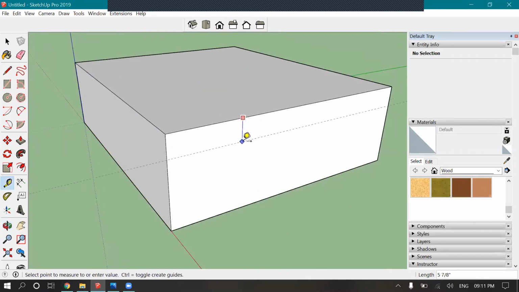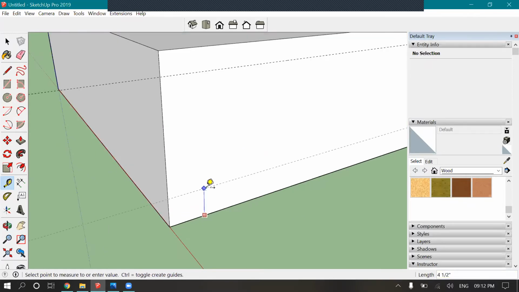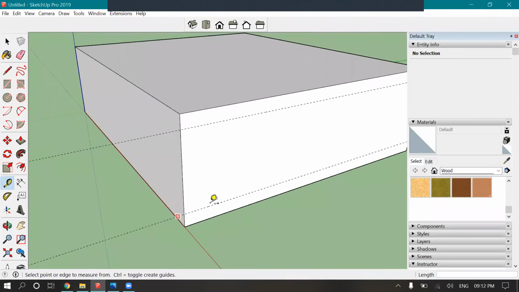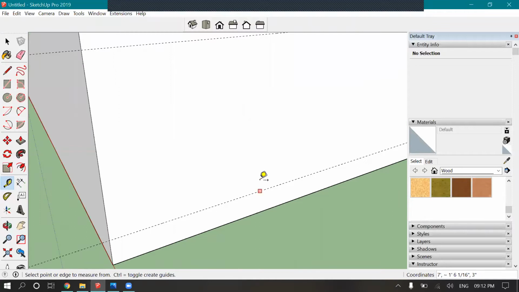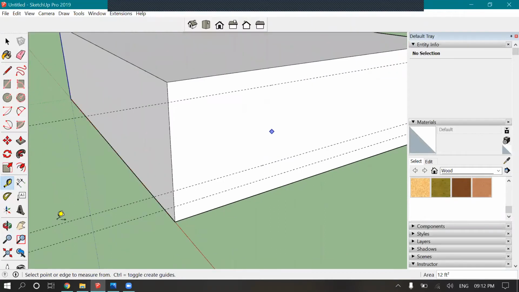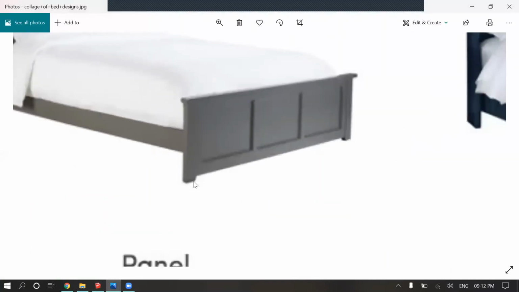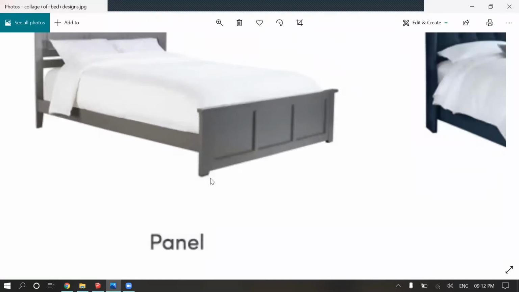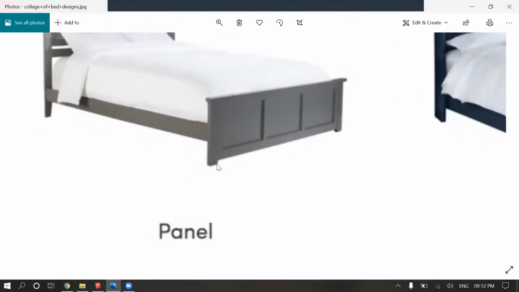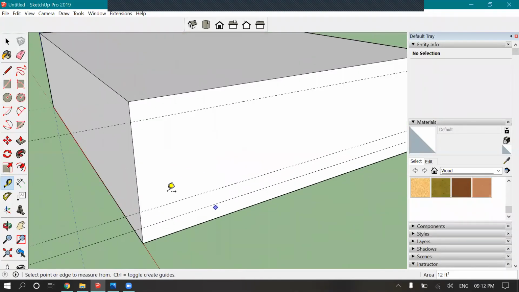Just click on a part and we will take 3 inches; from the base we will take again 3 inches. Let's say this is at 3 inches from this benchmark, like this is 0, and this first start is at 3 inches, and this spacing is also 3 inches. So this is the measurement.